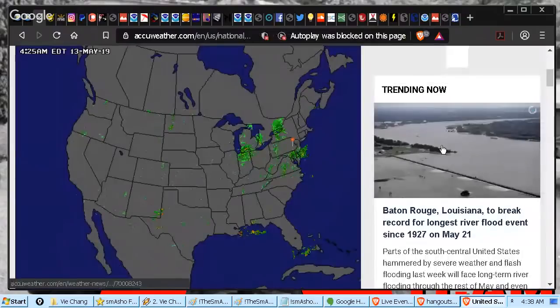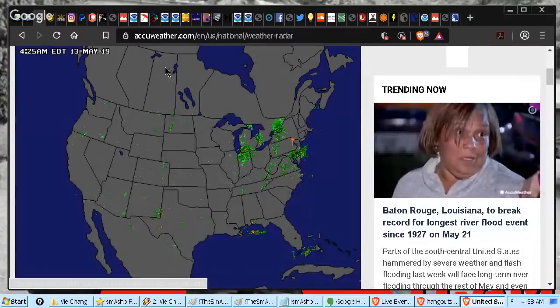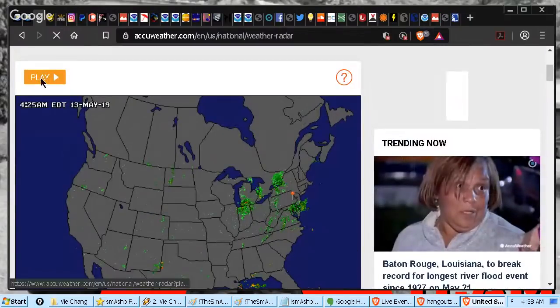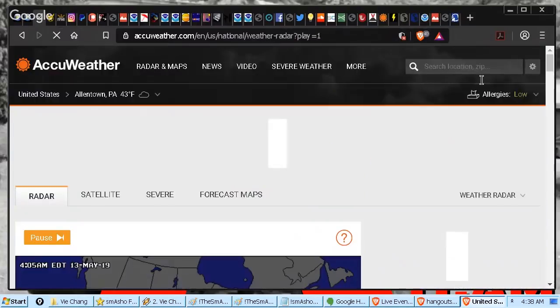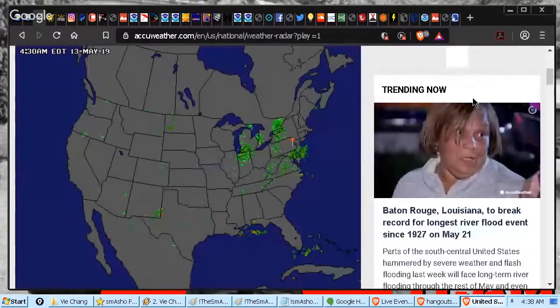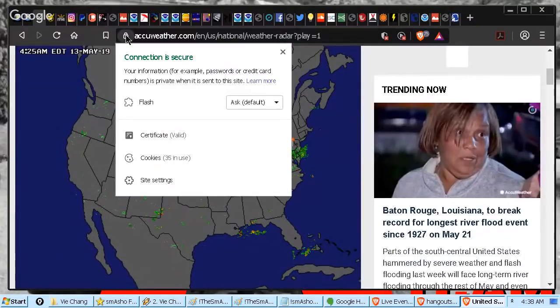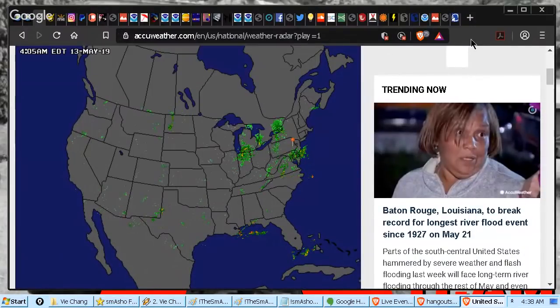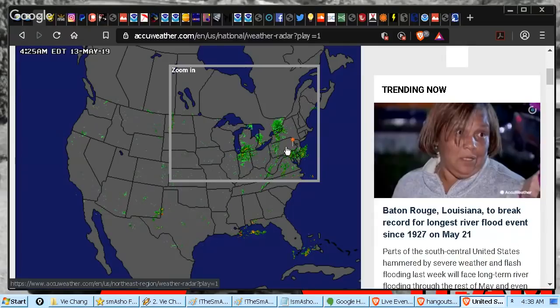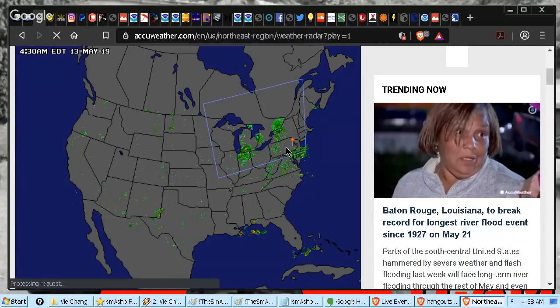It's going to show you the radar. If you want the national radar, click play. And then save this right onto your desktop. Different browsers have different ways to save these. Put it in your favorites, however you access your web favorites. Then zoom in on your area. Now I'm going to just show you my area, how to do this. When you zoom in on your area,